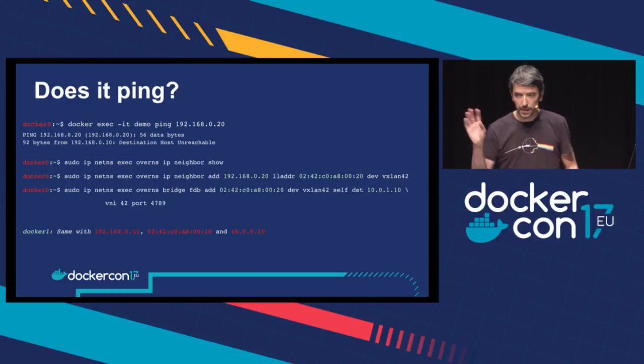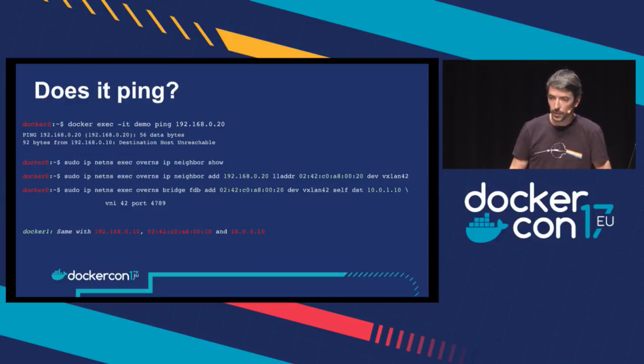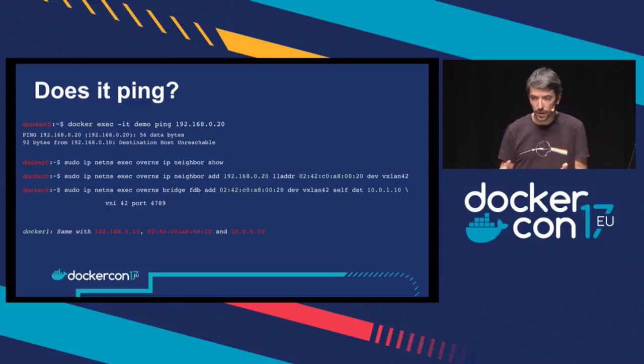Okay, so it didn't ping. What I'm going to do is populate the ARP information to the neighbor database. So it's aligned with IP neighbor add. I'm telling Docker 0, at the container on Docker 0, where the container is, what the MAC address is for IP20. And then I'm going to say, okay, this MAC address is located on another VXLAN host, and the IP address of this VXLAN host is